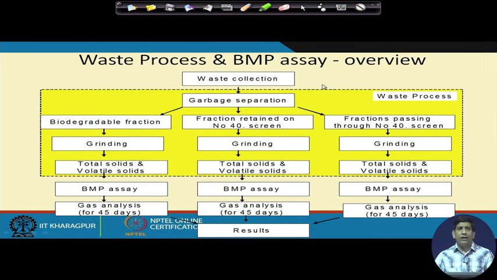The other way of doing it is a BMP test, what is known as the biochemical methane potential test. What is the biochemical methane potential? You take the sample, you bring the sample to the lab,